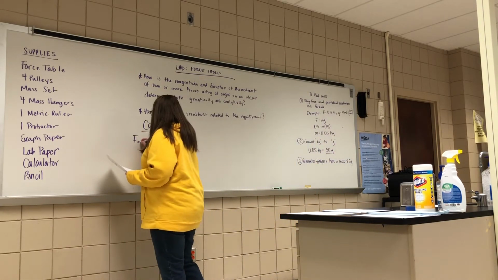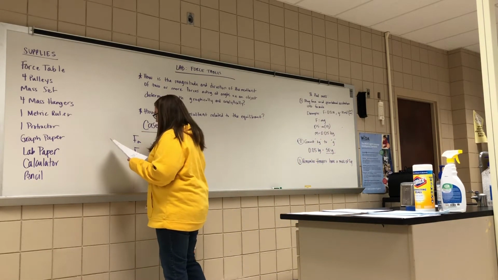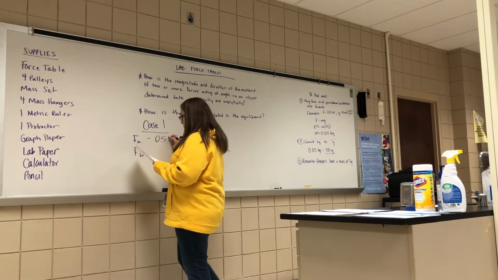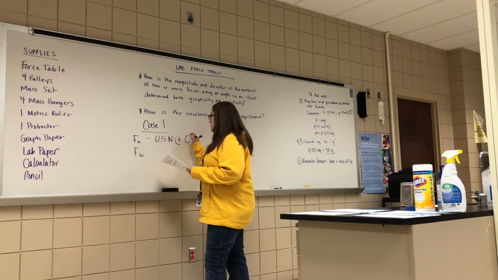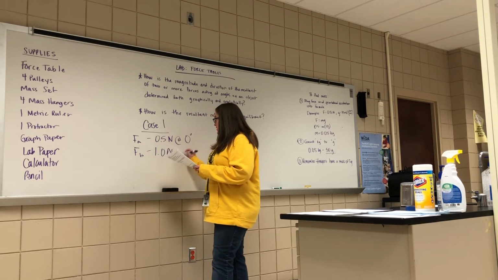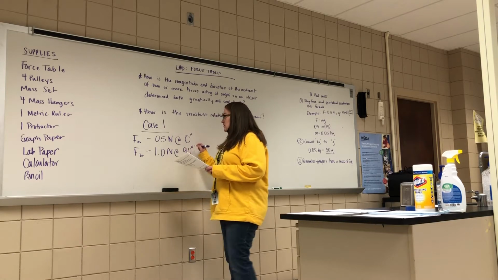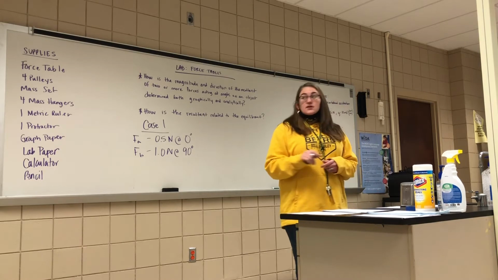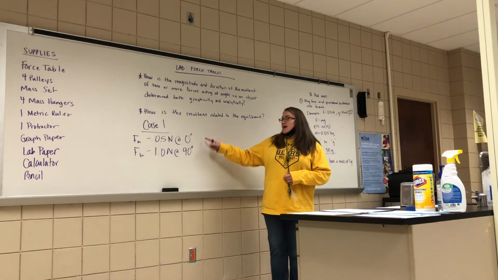We're going to call them A and B. Force A and force B. A is 0.5 newtons at 0 degrees, and B is 1.0 newtons at 90 degrees. The first thing you need to do is figure out how much mass this is going to be